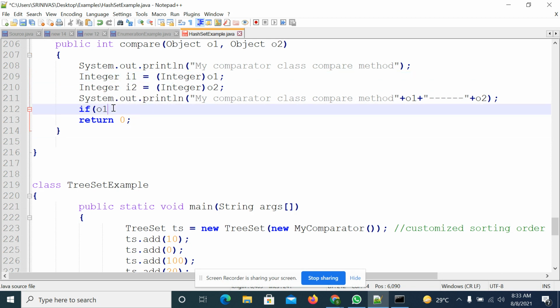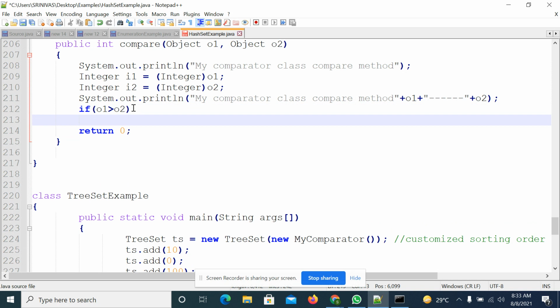So I need to compare: if the first object is greater than the second object, that means the first object has to come after the second object, then you can return a positive number. You can take any positive number. I am passing 10.